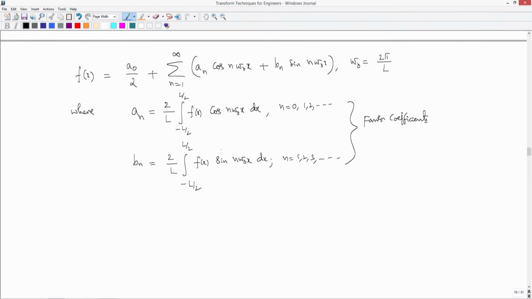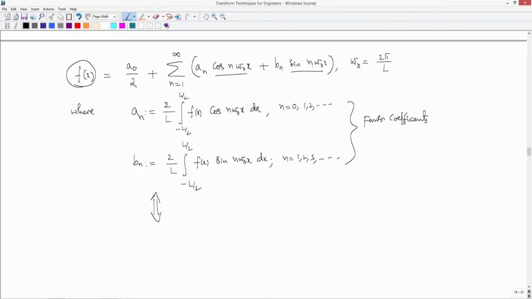If you take it as a definition, what you have is a function f, that is the time signal, which you can represent as a linear combination, with a n and b n as coefficients, of these fundamental signals with discrete frequencies. Frequency is n omega naught. So equivalently you can put it as